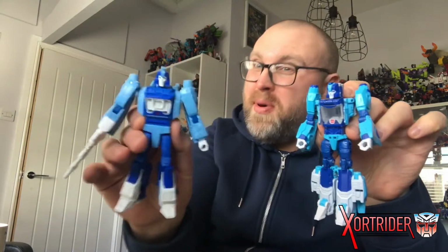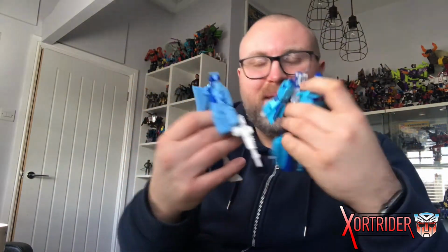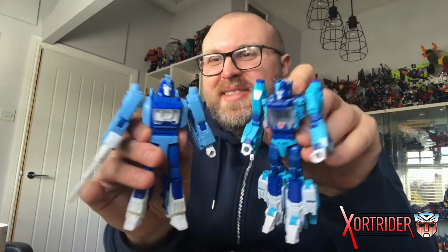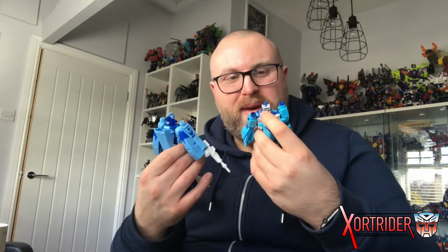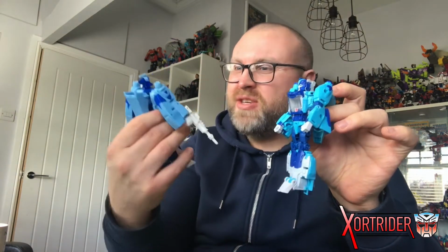But I personally prefer this one. The sleeker body. I actually, believe it or not, prefer the head. I really prefer the head on this. I just think this is a better figure all round compared to this one. There's nothing wrong with this figure. It just feels slightly dated compared to what this figure achieves for...